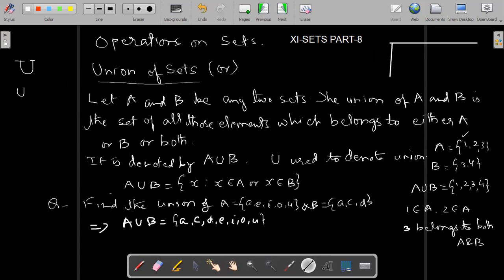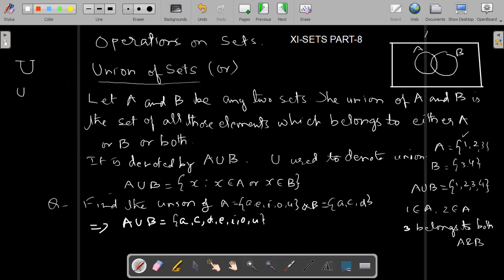You will make a universal set like this. Universal set, and A and B. If they have common elements,